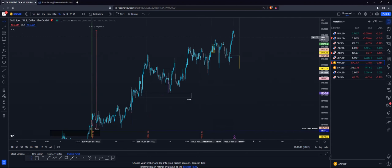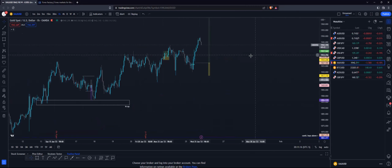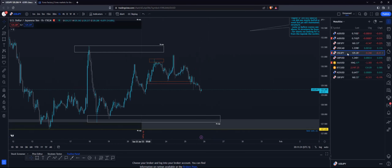Gold starting to come back down. Telling you, if it come down the way it come down right there, I'm getting that. So gold probably the only thing I see something promising on. So we just track it high, low, high, low, high. Came back down, failed to create, rolled over. So definitely potentially looking for a retracement